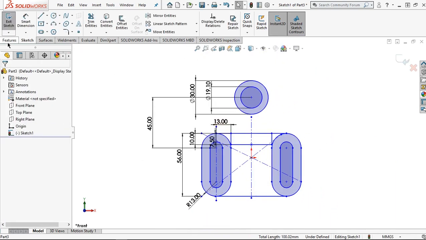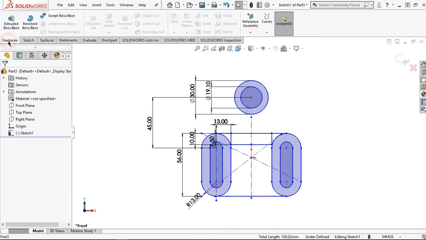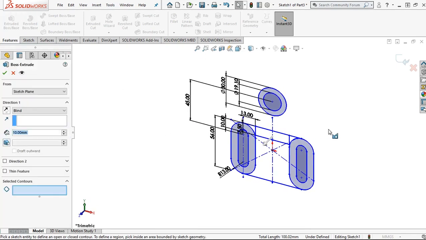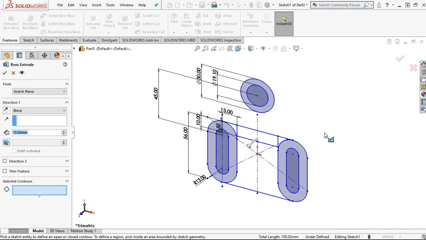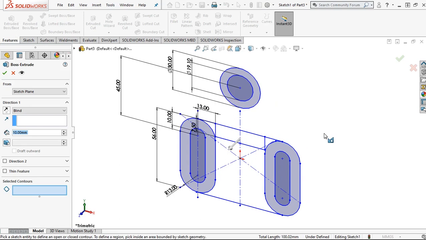For the next step, let's give the thickness by clicking features. Then extrude boss. Set a value to 10 millimeter. Then change the arrow.